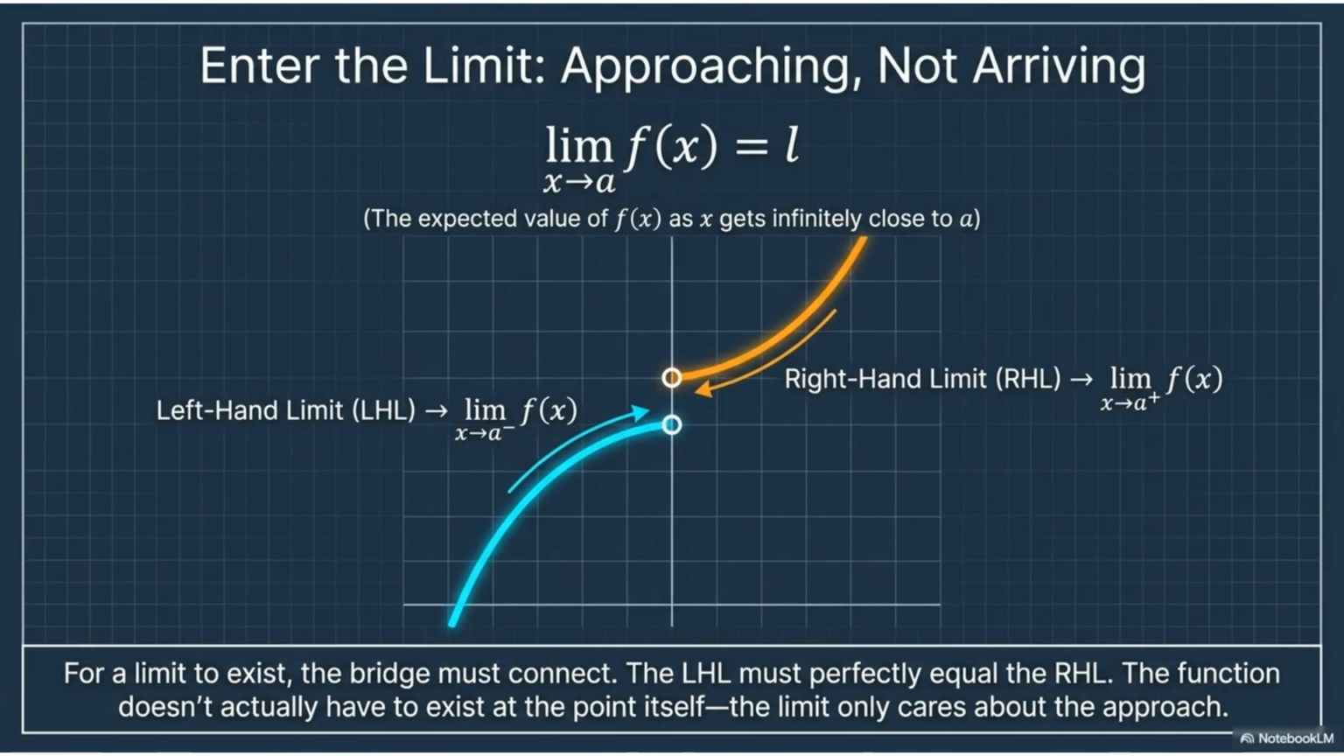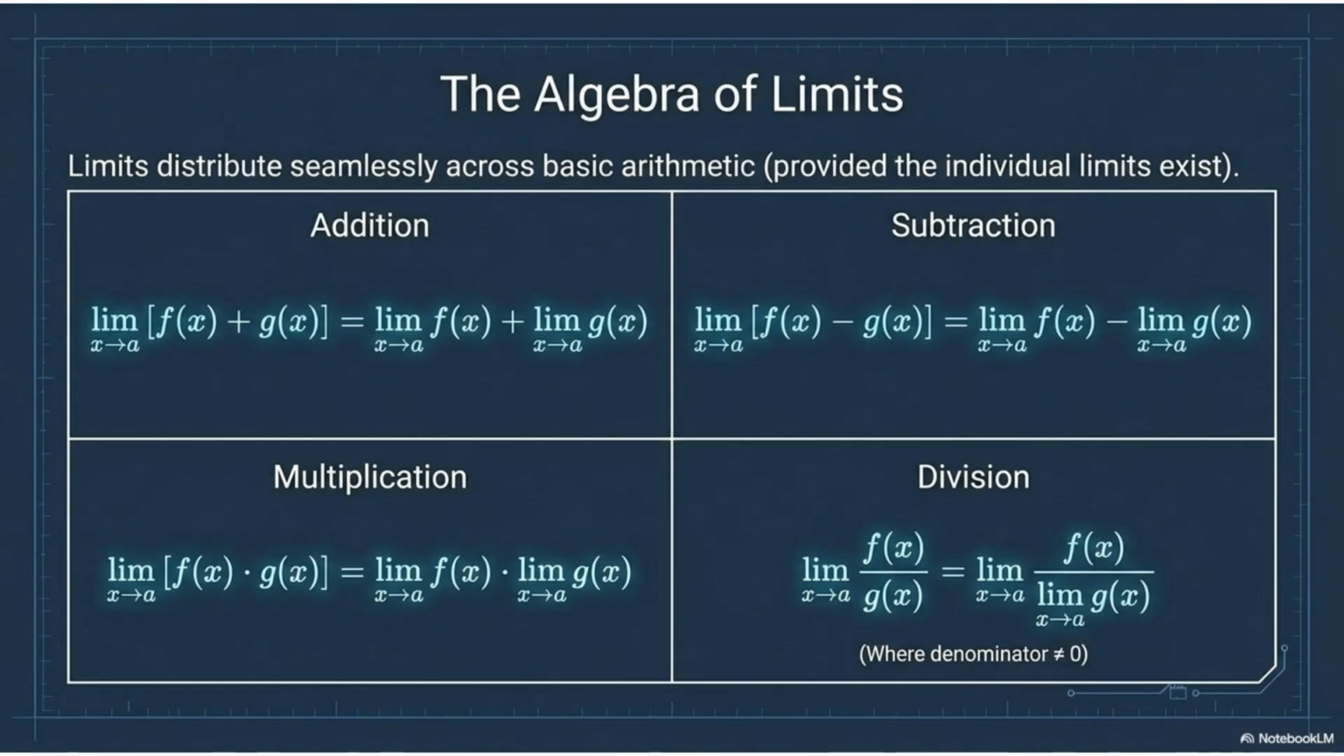Enter the limit. A limit allows us to analyze what happens to a function as the input gets infinitely close to a target value, without actually arriving there. For a limit to exist, the function must approach the same value from both sides. Limits behave predictably across basic arithmetic. Whether you are adding, subtracting, multiplying, or dividing two functions, limits distribute seamlessly across these operations, provided the individual limits